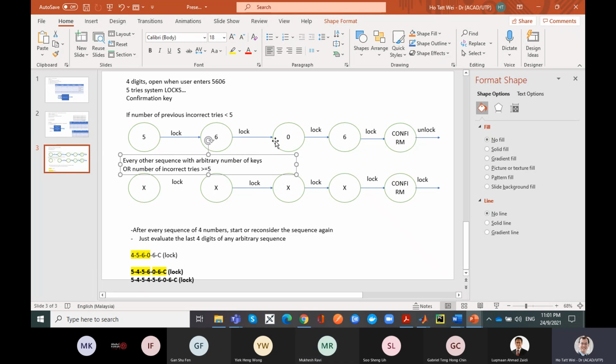It's not complete. Why? Because you have not mentioned that after you unlock this, let's say you have 4 incorrect tries, you unlock this, then you have 1 more incorrect try. Is that counted as the 5th incorrect try, or is that counted as the 1st incorrect try? That means now I cannot just consider this sequence. Okay, I have to consider